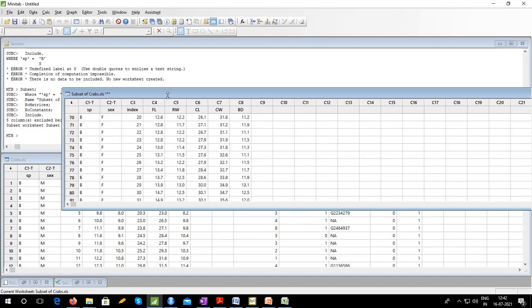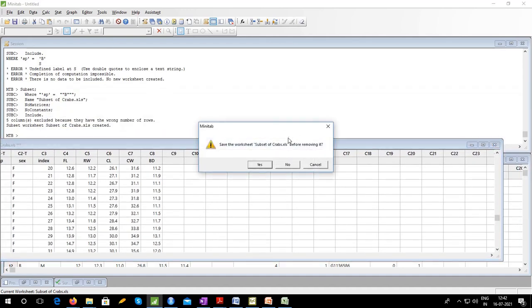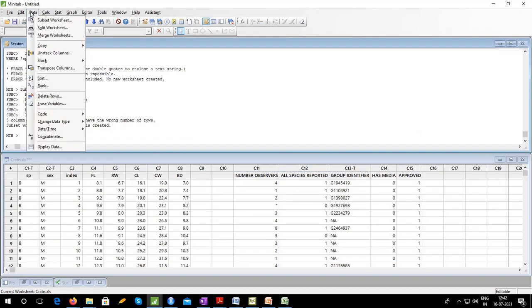So such things are possible in Minitab. I don't know, you may not have free access, but there is a 1-month trial version which you can download and try to do all these things. Okay, so sorting, ranking, unstacking columns. Unstacking columns would split the data from one or more columns into separate columns according to values in another column. All these things you should explore. That way Minitab is an interesting software and very easy to handle. You don't really need formal training in it. You can simply play around and get many things.